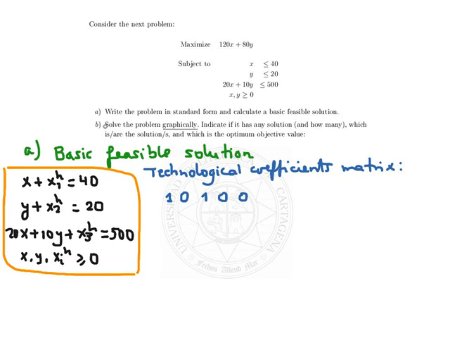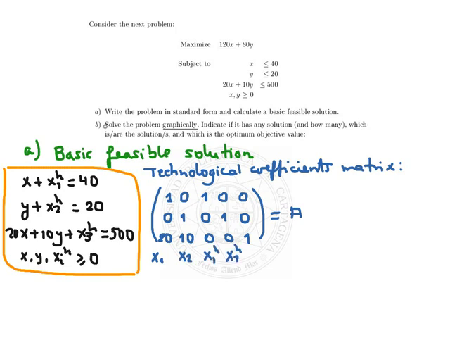Now the second row is 0, 1, 0, 1, 0, and the last row is 20, 10, 0, 0, 1. Where the variables are x1, x2, x1h, x2h,